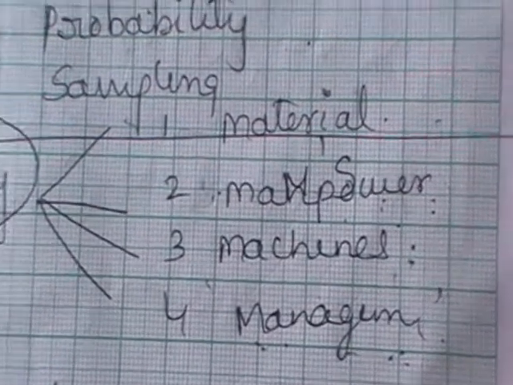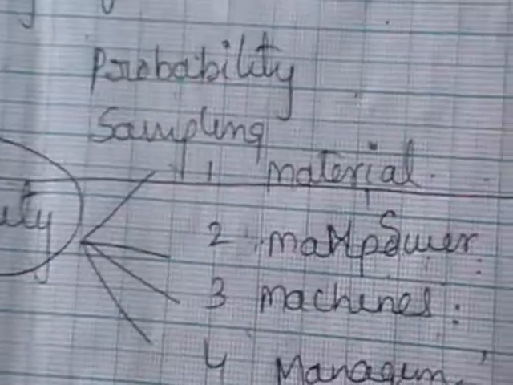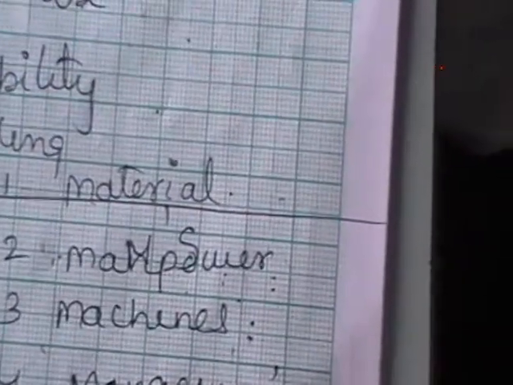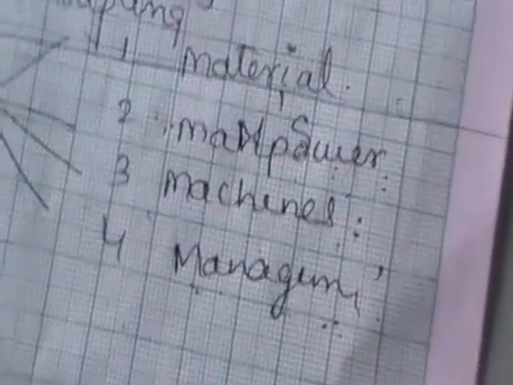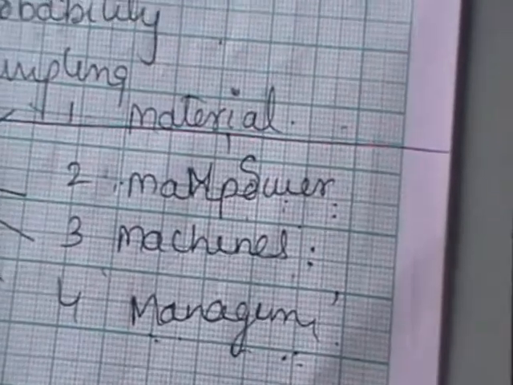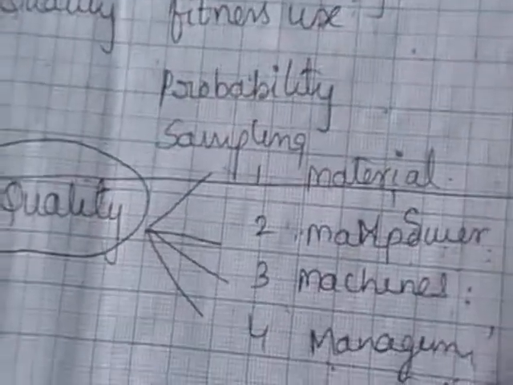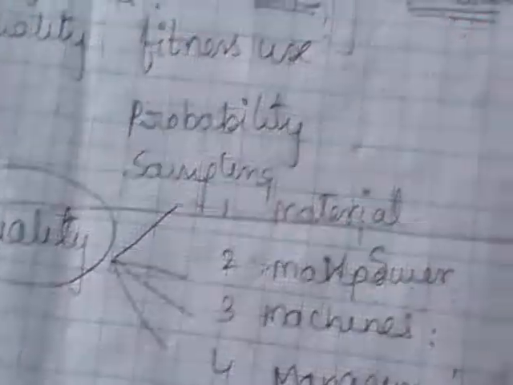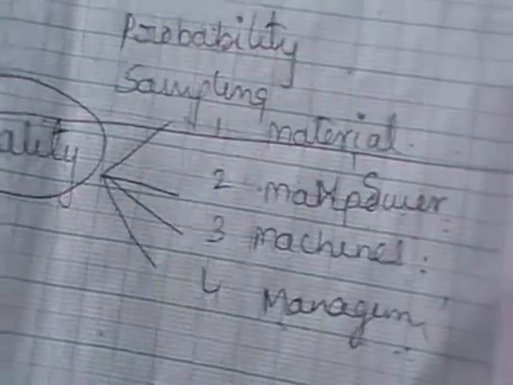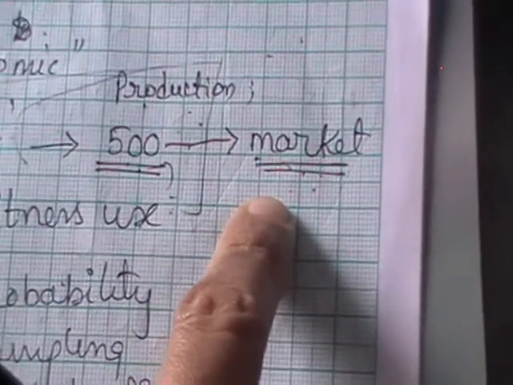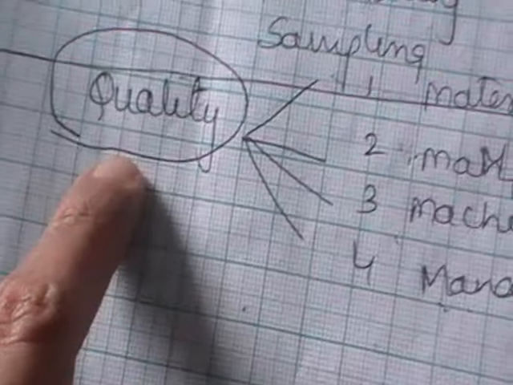Means the decisions of the management, or the way the harmony in relations are going to help the business and growth. Means these four generally affect the quality of any item, that may be a pen, that may be an electric fan, or anything. We have discussed what is SQC, when do you say the process is under quality control or out of control, what is quality, and on what factors this quality depends. Thank you.